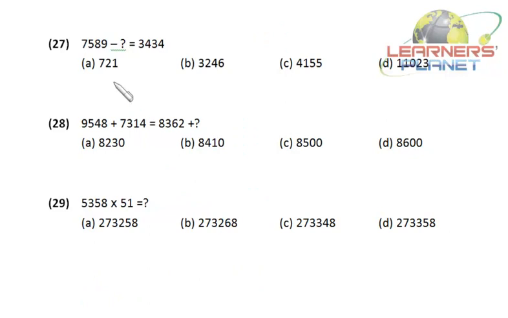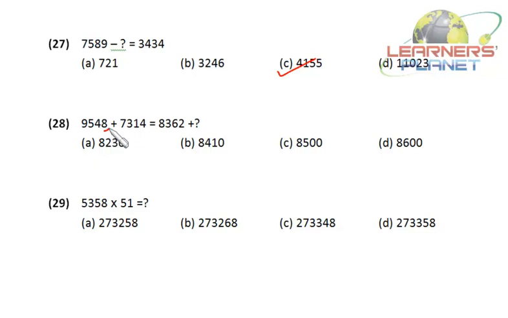Now in this problem, 7589 minus what is equal to 3434. That means finally we have to deduct 3434 from 7589. So let's begin. 9 minus 4, that is 5. The unit digit must be 5, that we are getting only in this option. So 4155 is the correct choice. No need to calculate further. Similarly in this case,